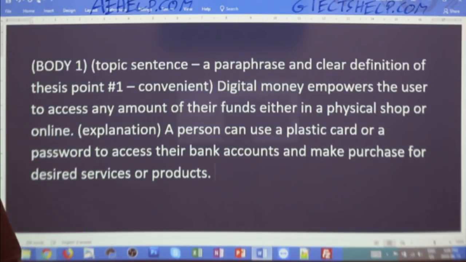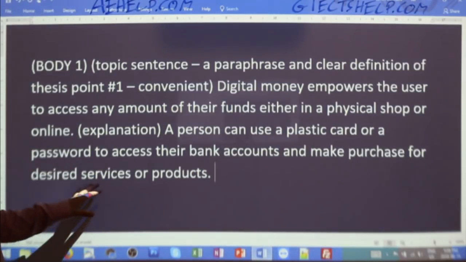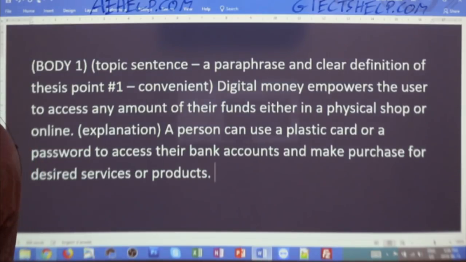So that's how it works, right? A person can use a plastic card or password to access their bank account, sometimes both, and make purchases for their desired products. For instance,